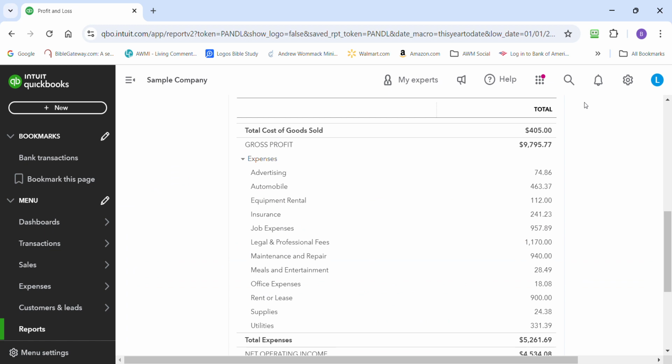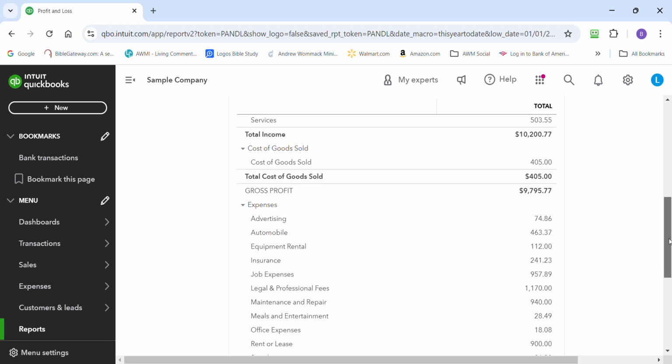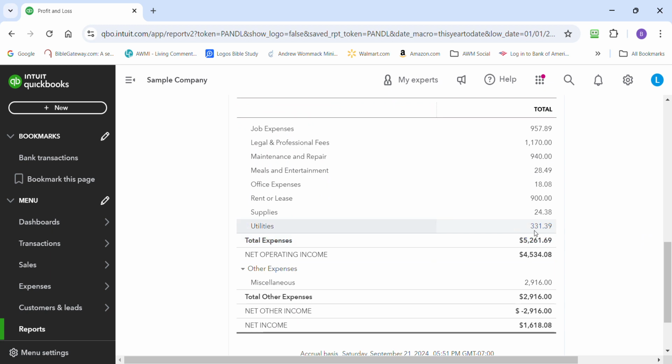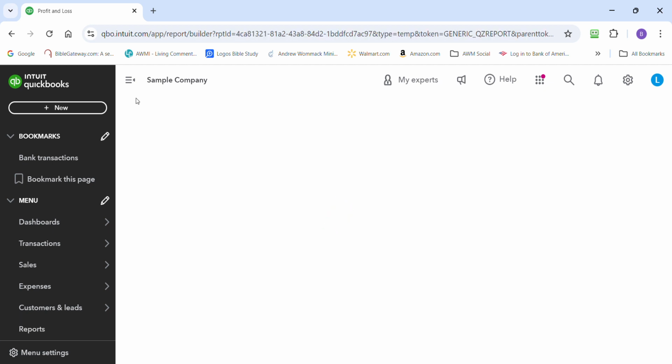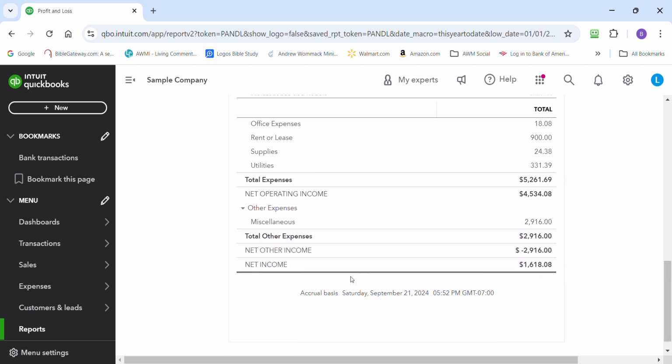Now it will give you your total income, $10,277. That's Craig's total income. His total expenses are listed here, and then this net operating income is the total of the income less the expenses. Oops, I didn't mean to click over there. Let's go back. Okay, so this net operating income is your total income less your total expenses. He also had some other miscellaneous expenses for this much, and here that was subtracted out, which gives him a net income of